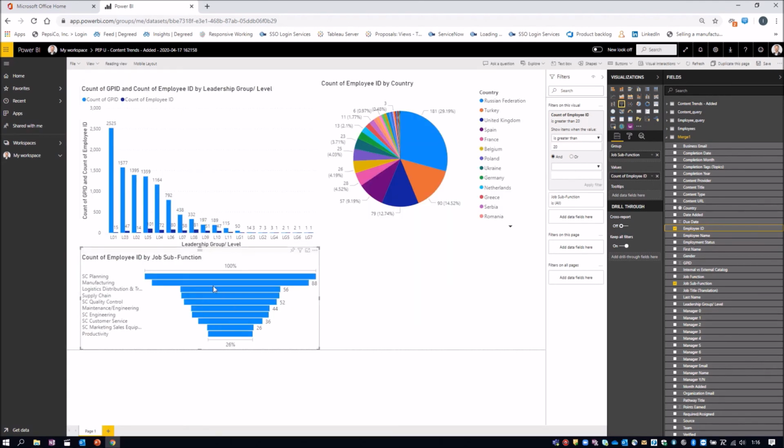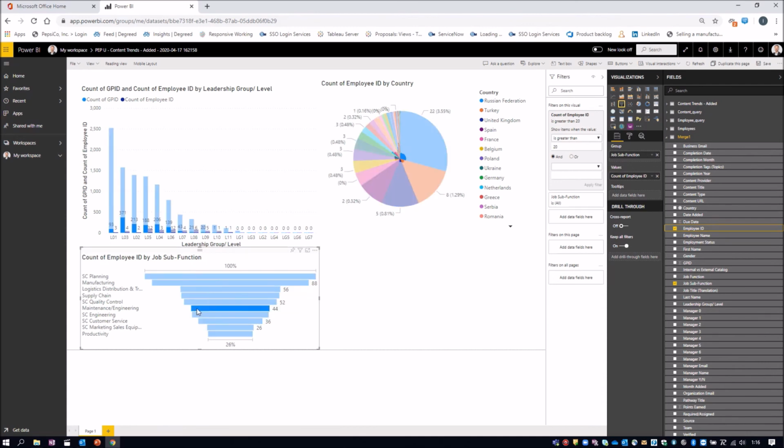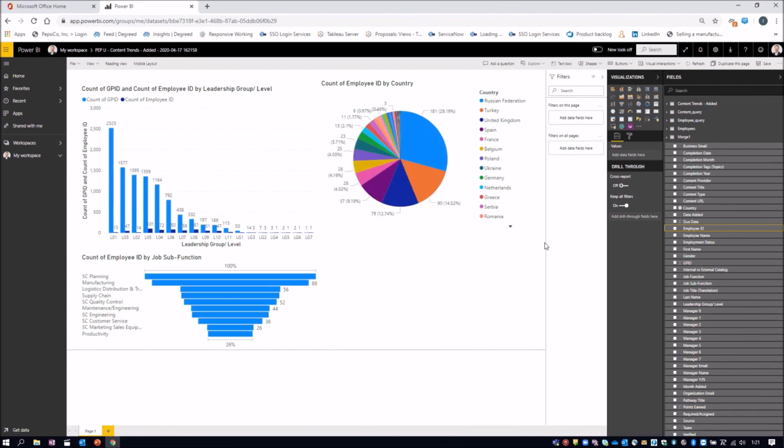And this is what I get. I see my numbers in here. Something very interesting is that whenever we do a graphical selection in one of the bars of the sections, it applies to all of them. Let's say I want to focus on the maintenance engineering people, these 44 people in here. If I click, it gives me the corresponding values in terms of levels and geography on the other two charts. This is a very nice function. So all the graphs are integrated.